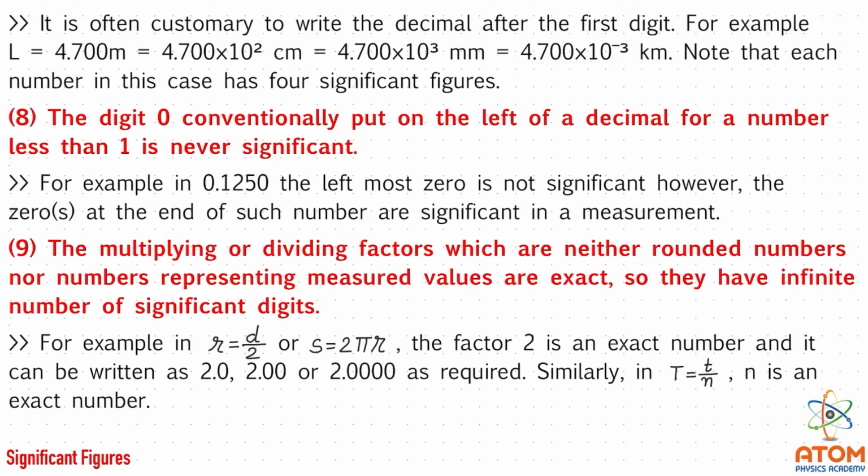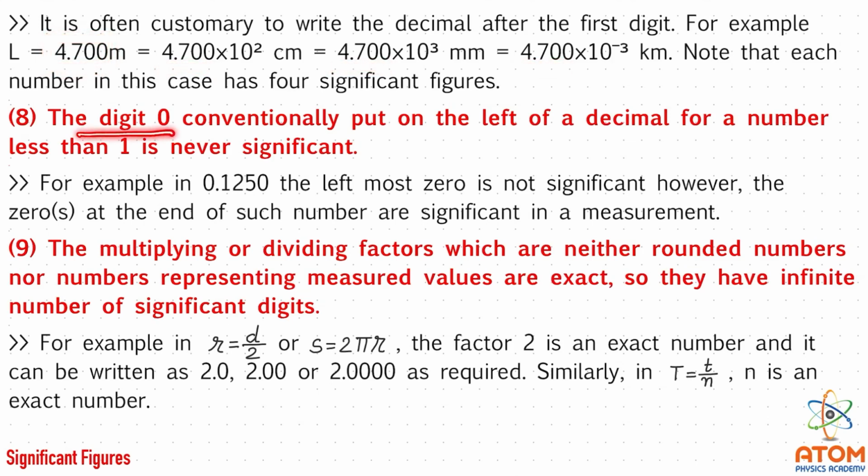Note that here I am not adding or removing any zero, because there were 4 significant numbers here. So, that should remain 4 only, because that shows the precision level. If you change any 0, that means you are changing the precision level. That is why I have written here 4.700. Here also there are 4 significant numbers.